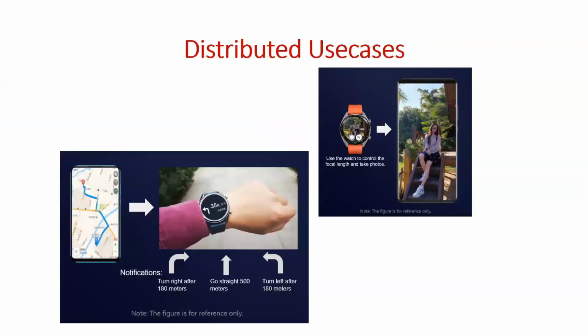Okay, so just to introduce, these are some of the use cases where it would be needed. Generally, we have this habit of taking selfies on our phone, and sometimes we would need help from a different person who can take a photo for us. This can be avoided with this distributed capability, where your phone can be the device on which you take the photos, but that can be controlled via a smartwatch. It is coupled to your smartphone.